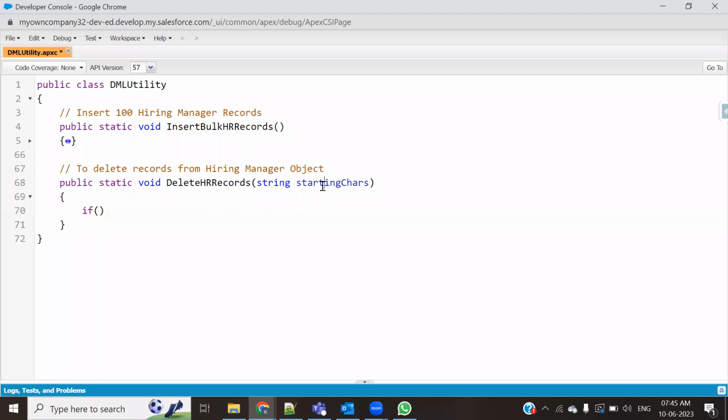So let me copy the name. If this variable, starting cache, is not null, when it is having some numerical data, or if this variable is not equal to empty, when it is having text data,